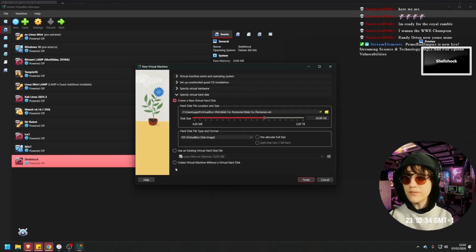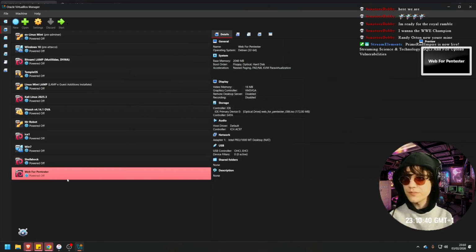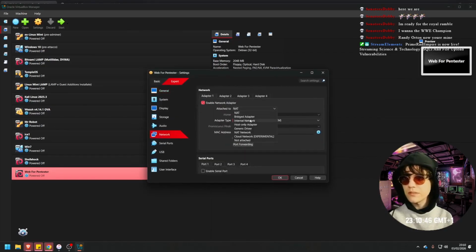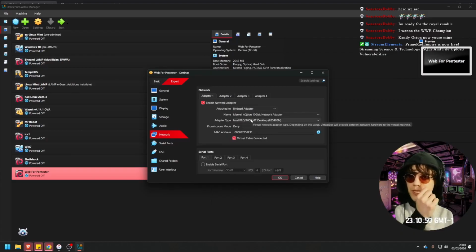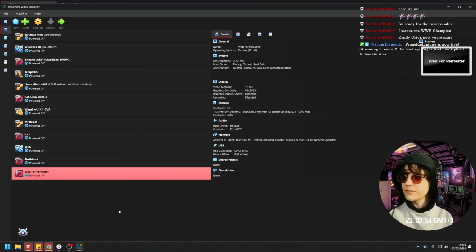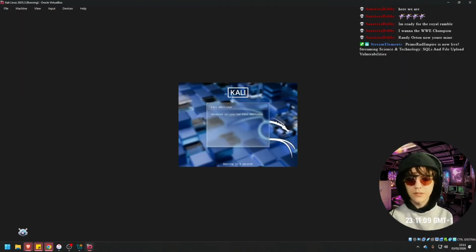This is a live ISO DVD, so you will not need to have a virtual hard disk. Finish. Click on Settings. Set it to be bridged. Otherwise, you will not be able to reach it. Start Kali. Now, if you type ifconfig on the target machine, you will be able to see what